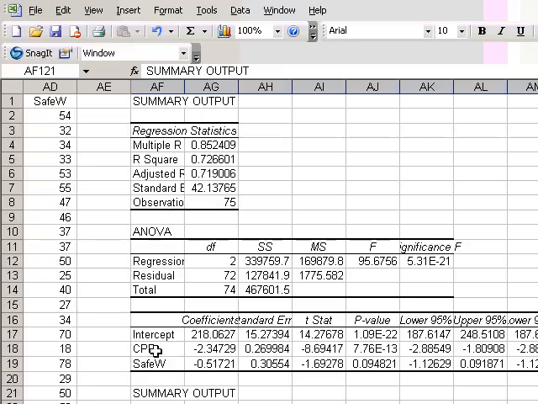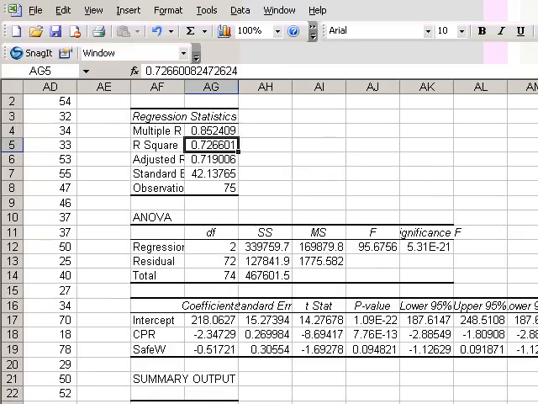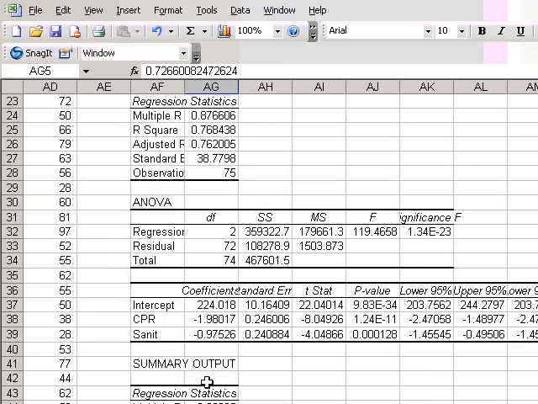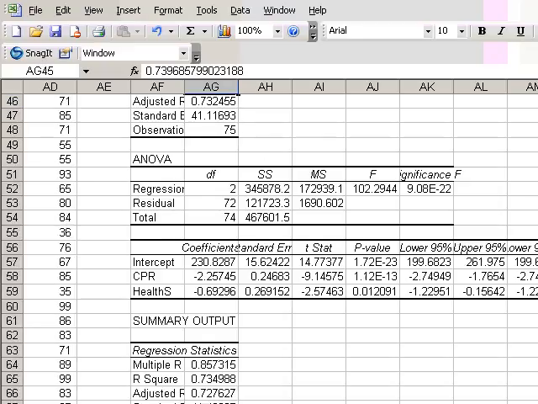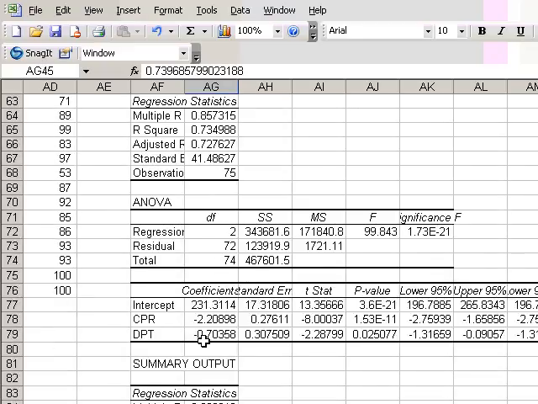Here we see that safe water accounts for 72% of the variance when paired with CPR. CPR and sanitation account for almost 77% of the variance. CPR and Health Services account for almost 74%. CPR and DPT account for